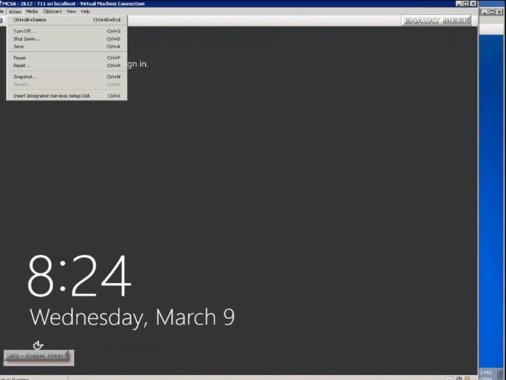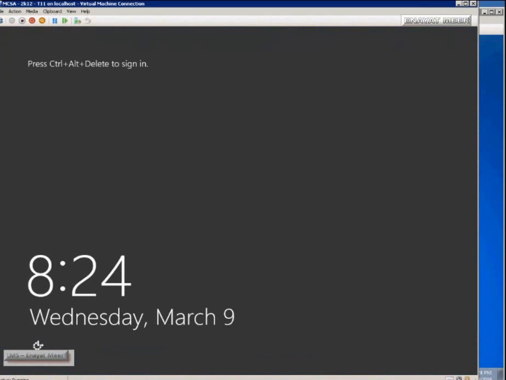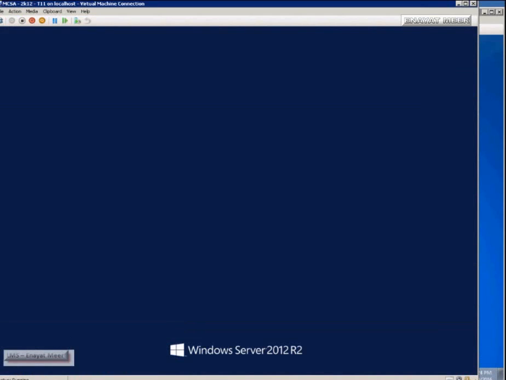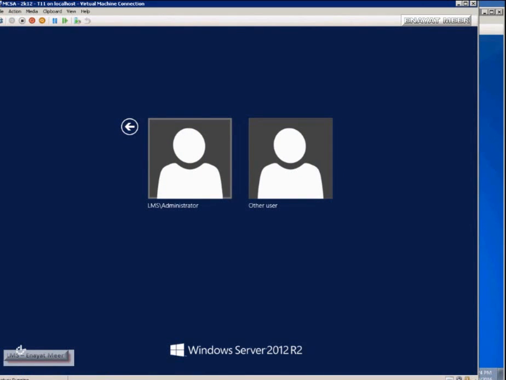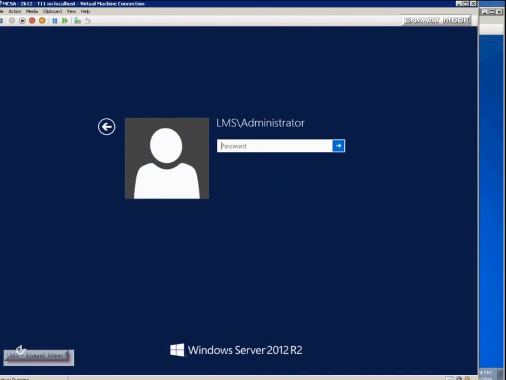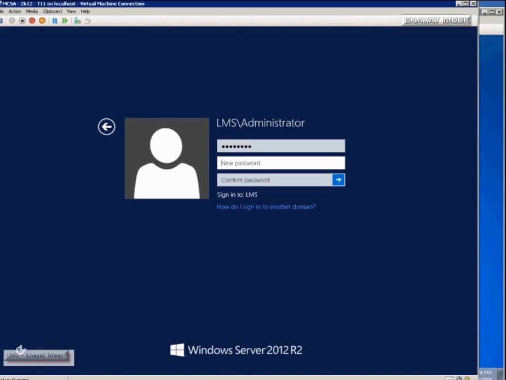So I'm rebooting now. I rebooted back into my server, and now I can log into my domain, and I will reset my password to a different password from what I had initially on my workgroup. That was another password. Now I'm going to reset my password to a different password to log into my domain, and later on I can reset my password any time, without any restrictions. There are no limitations on when I go or how many times I go.